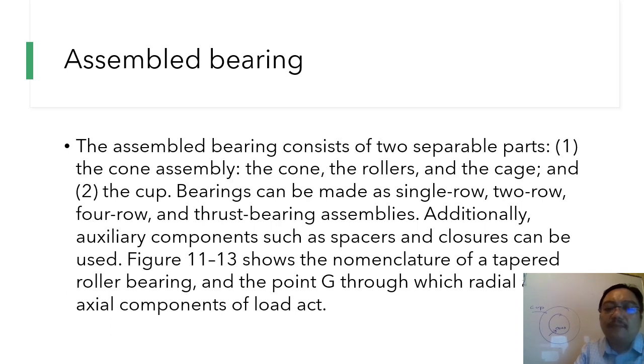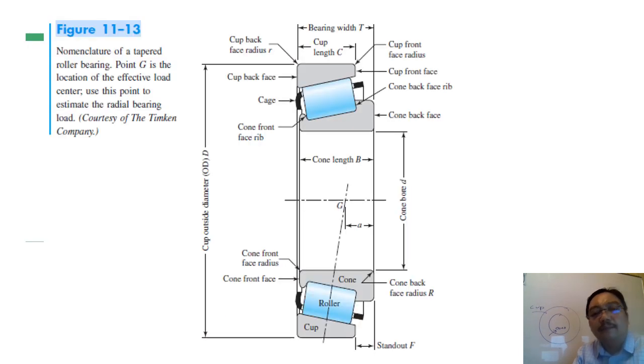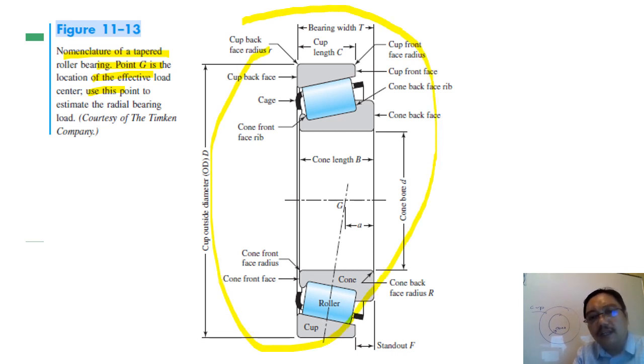Okay, figure 11.13 shows the nomenclature of a tapered roller bearing and point G, toward which the radial and axial components of load act. Okay, so this is the nomenclature of tapered roller bearing. Point G is the location of effective load. Again, nomenclature, the previous slide is the same as this, and this is the focus more. You can see where is the location for the cup, for the cone, for the cage, for the roller and everything. You can see this is the G, the center of gravity, the cone bore, and